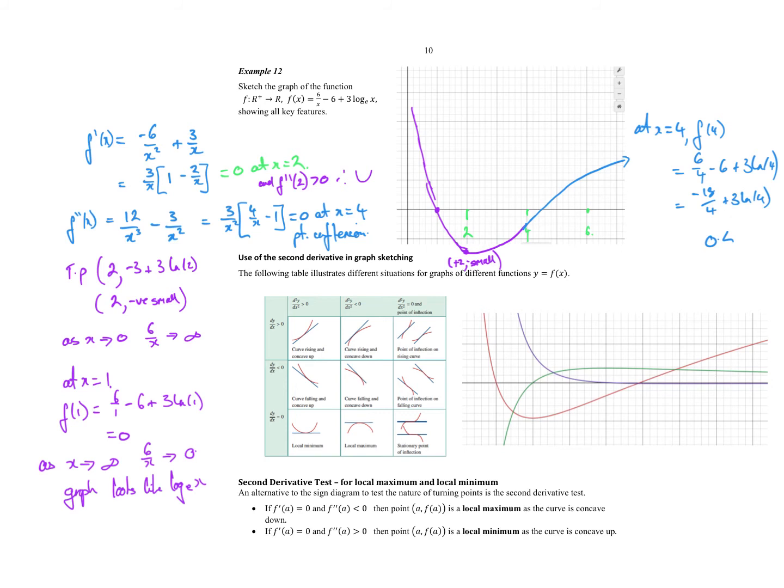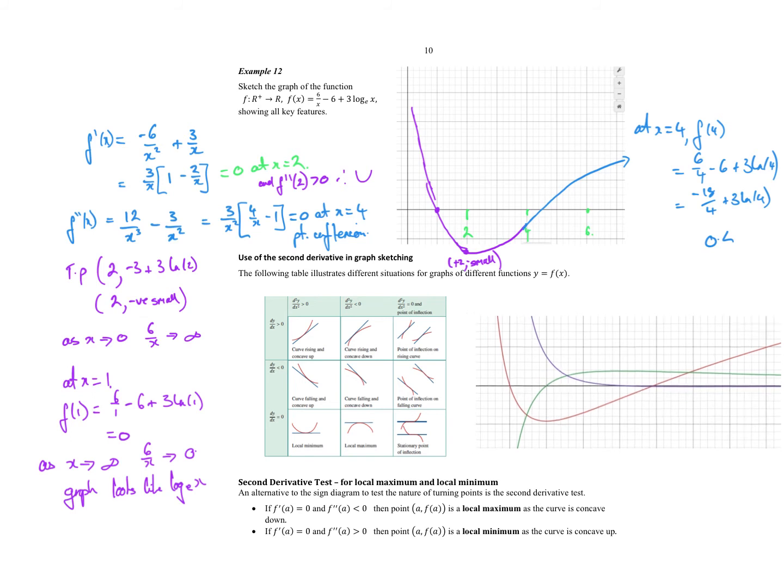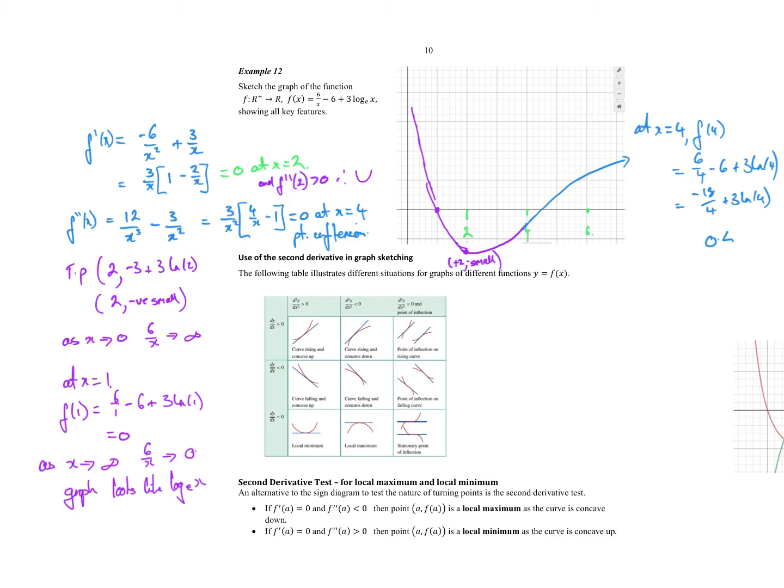All right, sketch the graph of the function showing all key features. So the fact that I've got the answer there down low, that doesn't matter. Let's just slide that across there somewhere for now. All right, so what have we got? Let's work out f dash of x. So I've worked out the first derivative,